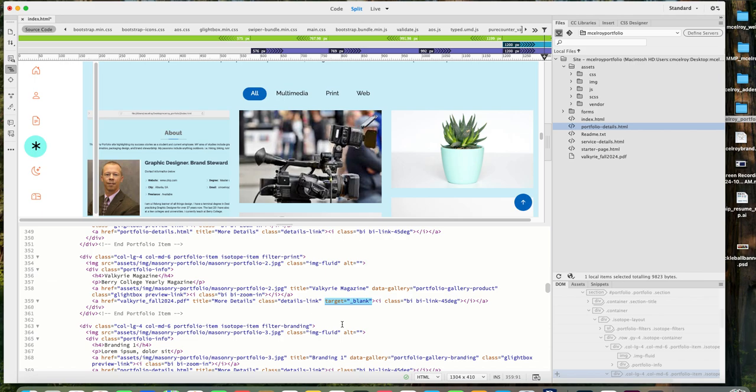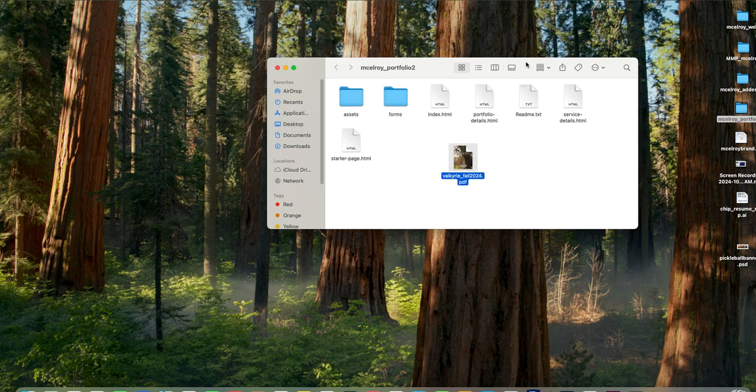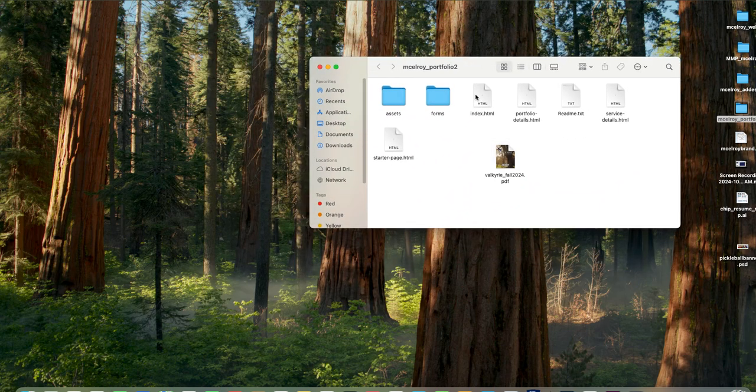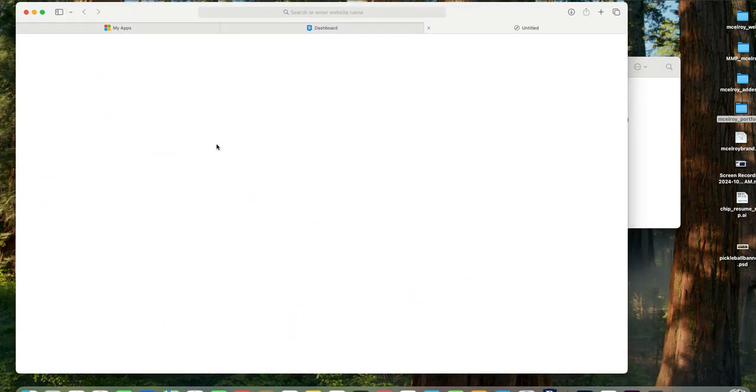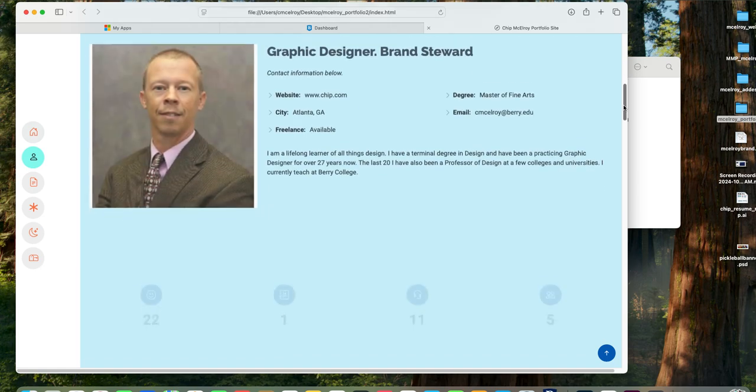Target equals blank means that the archived item, the item that we put in our root directory, will open up in its own window. So let's see what that looks like. Let's see if we did it correctly. Let's do Command S or File Save in Dreamweaver. Let's close our index file in Dreamweaver. And let's go out to our root directory on our desktop. So let's just see how we did. Let's double click on the index page. So it'll open up in your web browser. Let's scroll down